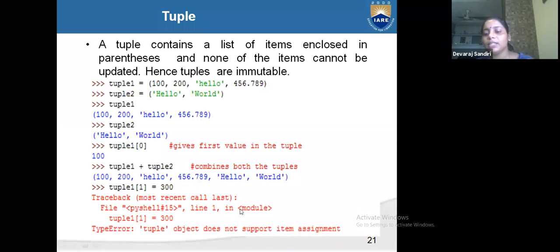Ma'am, can you use that? Yes, I will tell you. That one I will tell you in the next step. Those three things I will tell you: starting point, end point, and middle point. How much to step, I will tell you with an example. That is the next step. Any other doubt, students? Any other doubt?